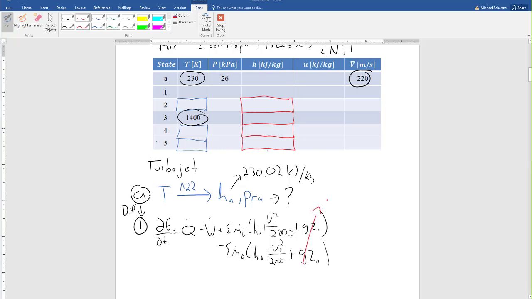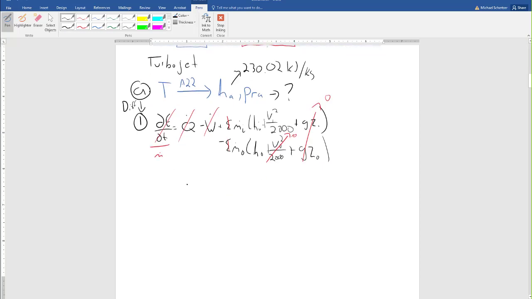We're going to neglect kinetic energy changes. We're going to say it's one inlet, one outlet. It's the diffuser, right? So it's the inlet kinetic energy that matters, right? That's the one that doesn't touch the system. We're going to say it's at steady state, and we're going to say it's adiabatic and that it's passive. Right? Now I'm going to divide both sides by m dot, right? So that m dot will drop out. And we will get that 0 is equal to